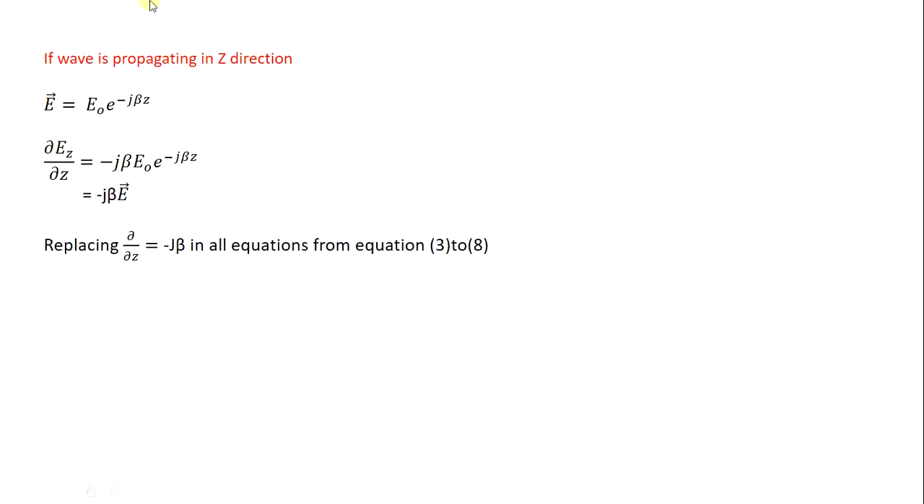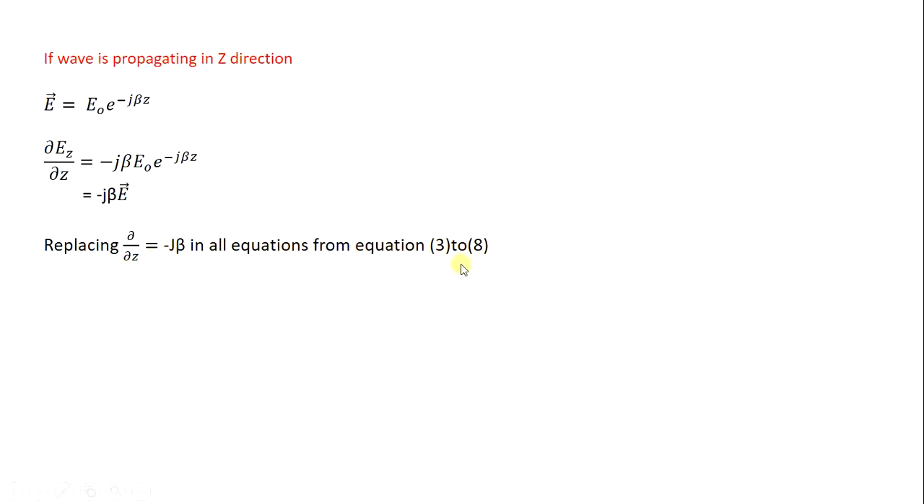Now if the wave is propagating in the z direction, E bar is given as E0 e raised to minus jβz. If we differentiate with respect to z, the minus jβ will come over here, and the rest of the term will be as it is, E0 e raised to minus jβz, which is equal to minus jβ E bar. So we replace ∂/∂z with minus jβ in